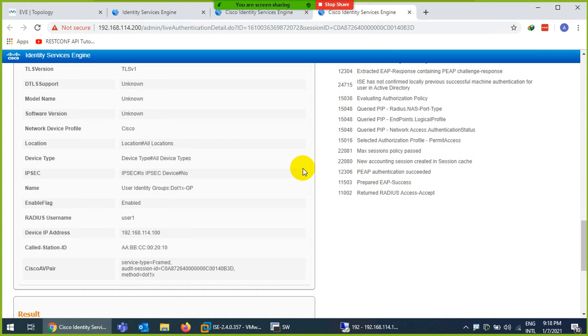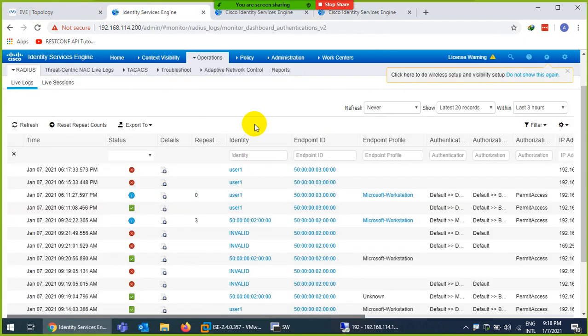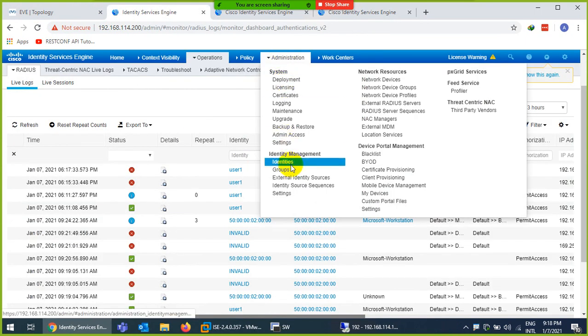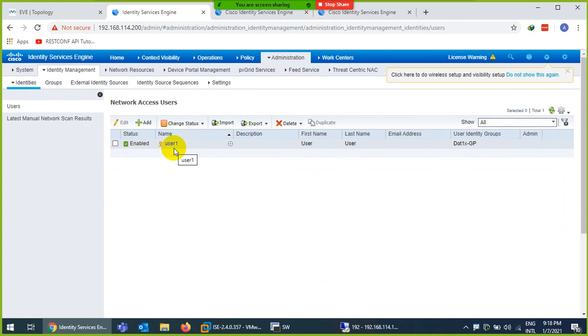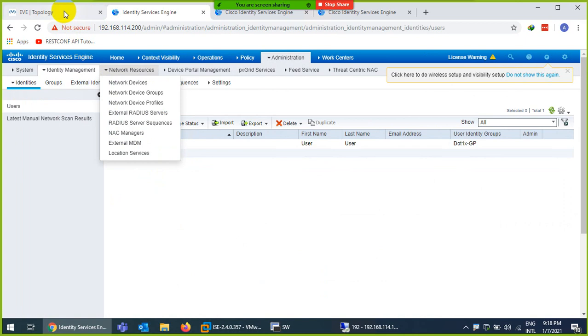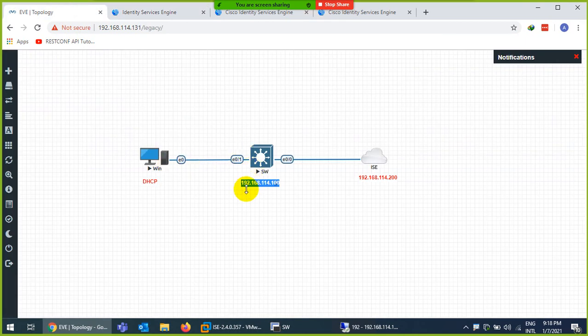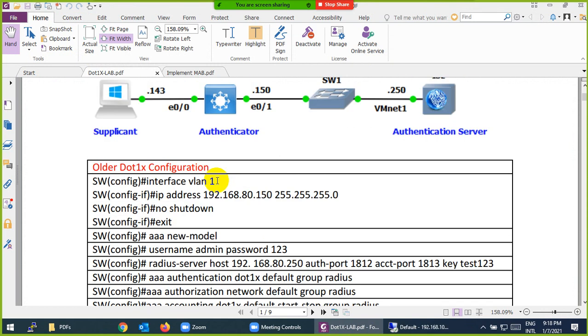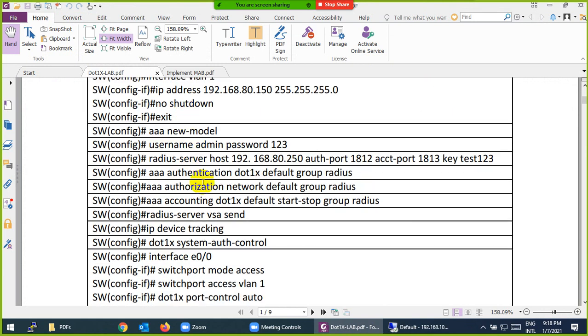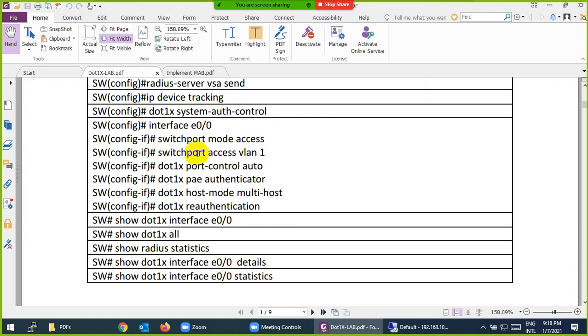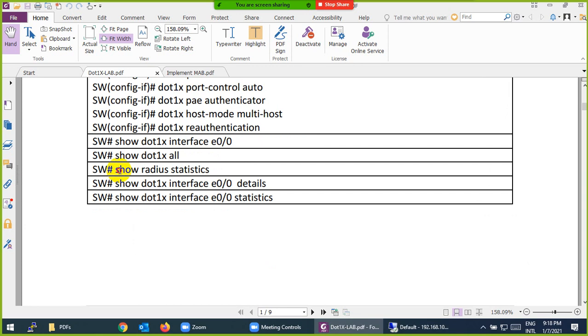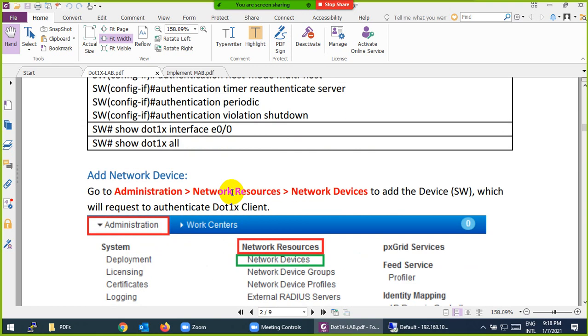So this is the way it's working. They are checking their local database, identity, username and password. If it matches, then they will allow them in the network. If it does not match, they won't. This is called port based authentication, .1x. And if I go there, this is the configuration. I configured this one, username, RADIUS, then port based, and these are some of the commands to check out. I just showed you one, and let me go.